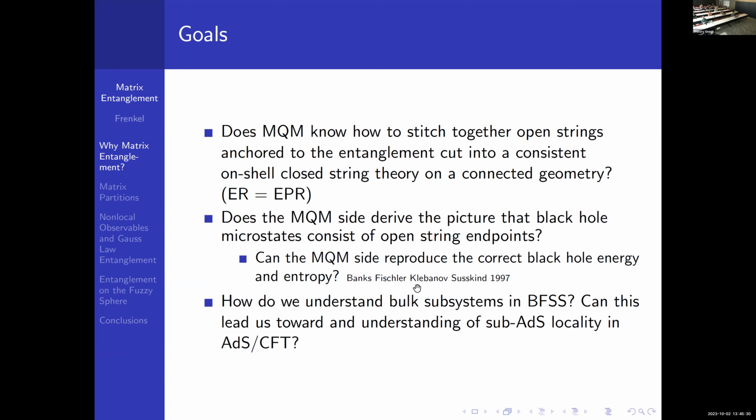And in particular, is there an understanding of bulk systems in BFSS where there is no boundary sphere that we can partition and get a nice Ryu-Takayanagi surface? And the